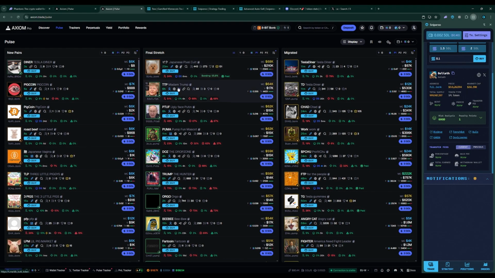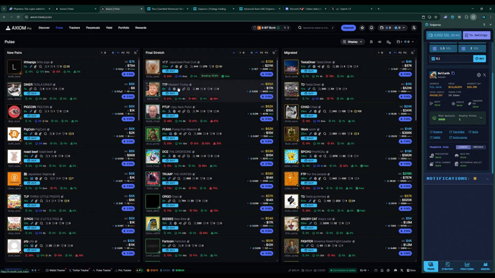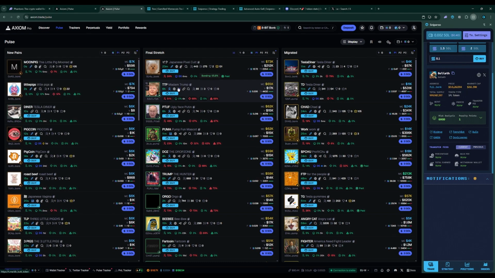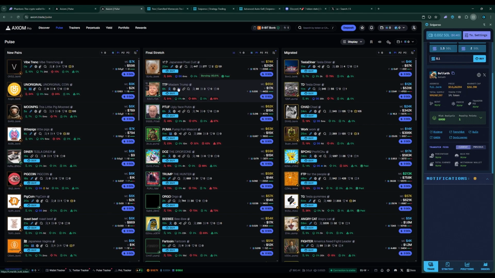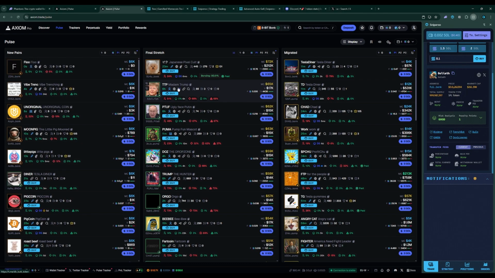So this was just a quick walkthrough on how I trade Solana meme coins. I just go off new pairs and final stretch. I don't use anything like a Twitter tracker. I just go off feel. You'll develop this the more you trade Solana meme coins. Like, you're not going to learn this overnight. It would take you like 3 to 6 months to get a hang of it, because I know a lot